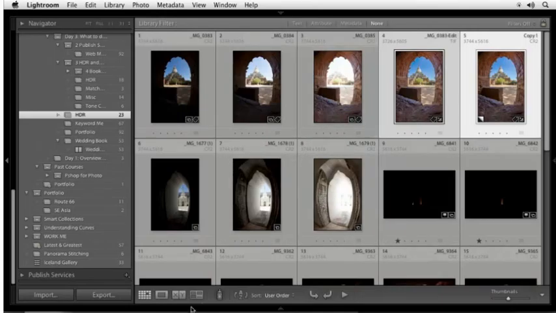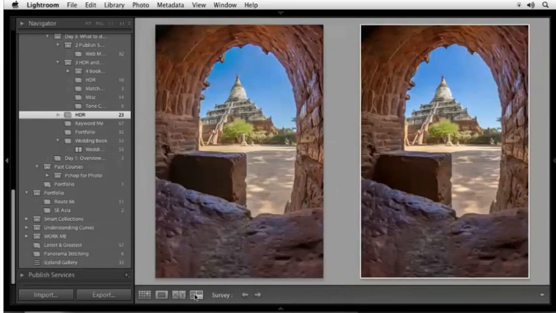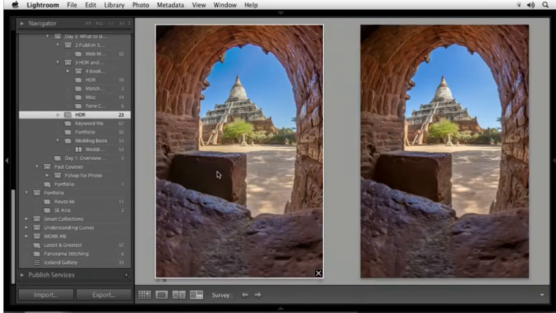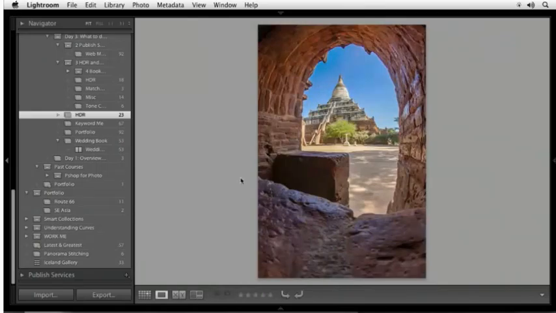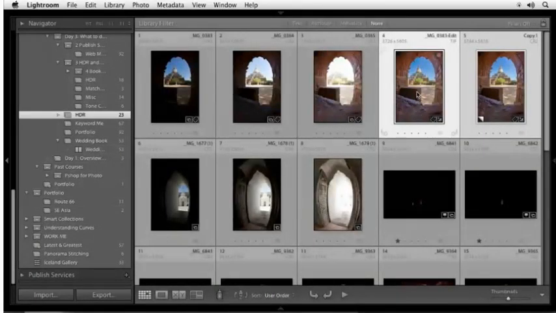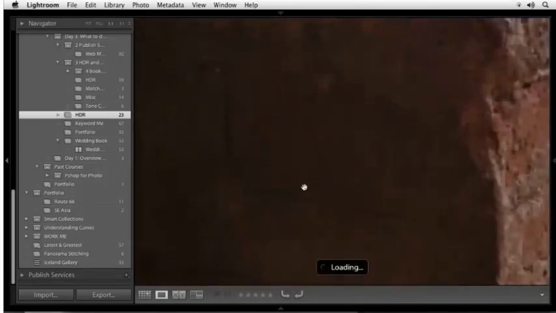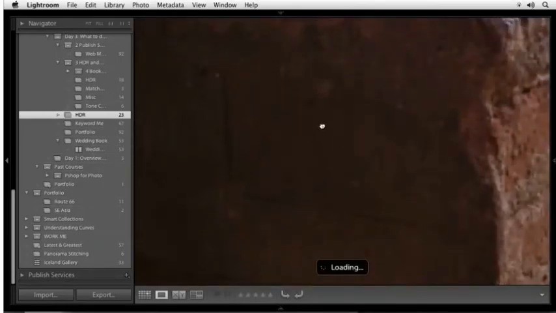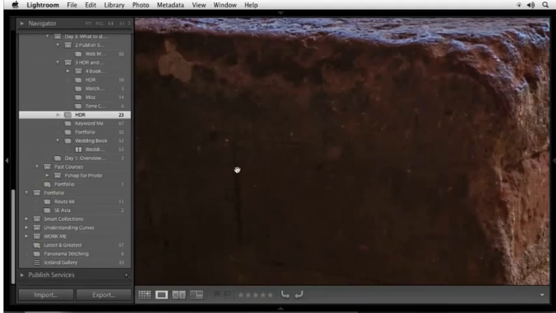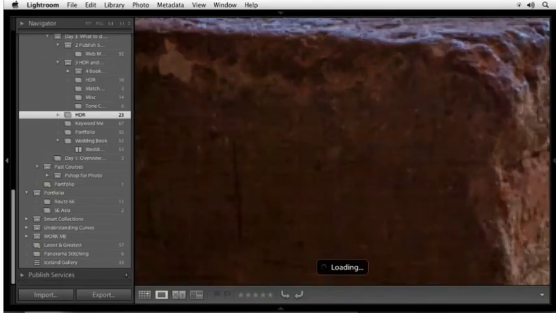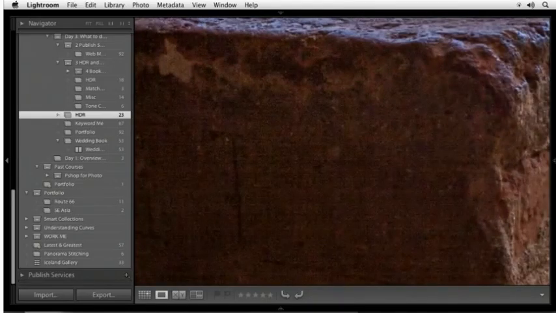Now let's see. I'll put it in survey mode so you can see them side by side. And so one is a merged HDR, the other is a single file. Let's see if we can see it when we look at the image zoomed up. Okay, just got to wait for it to load. All right, this one, if I look in here, and I don't know how well this will come across in the compressed video that's going out on the